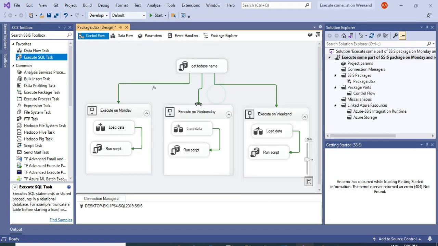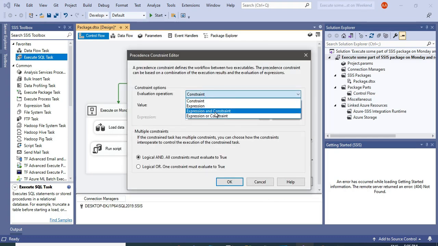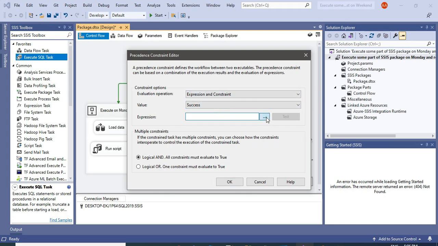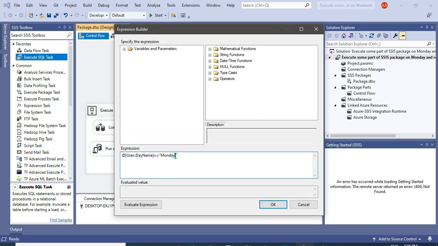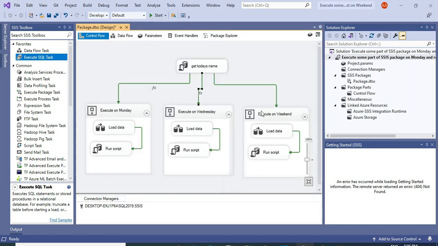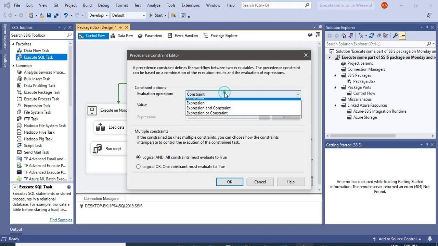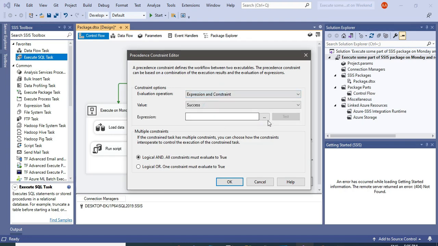Now double click the Wednesday one, change it to Expression and Constraint, put the value here, and change the Monday to Wednesday. Copy this one again, evaluate expression, OK, OK.